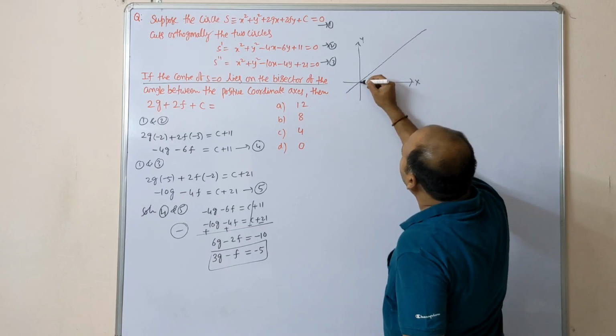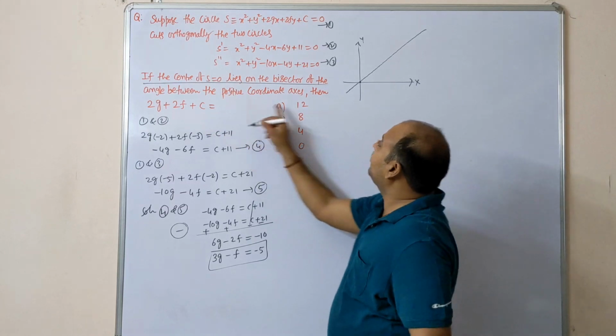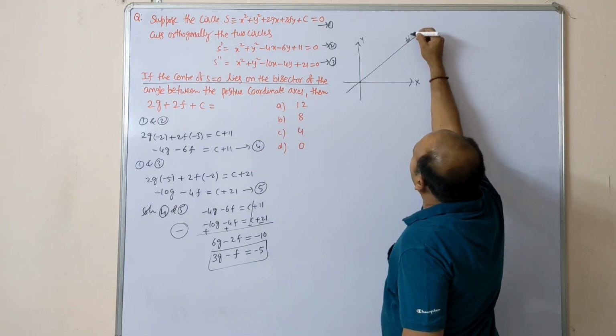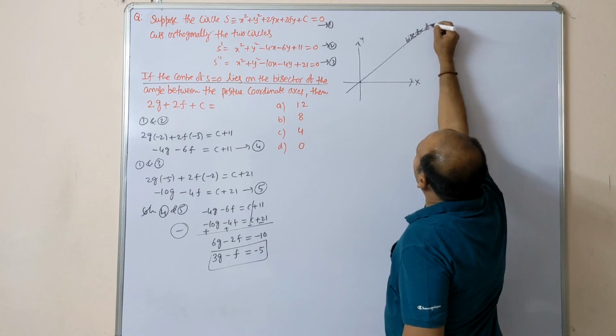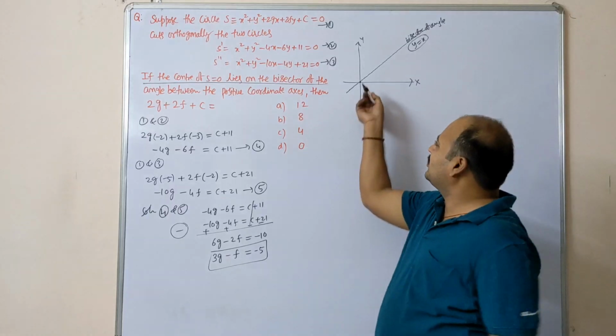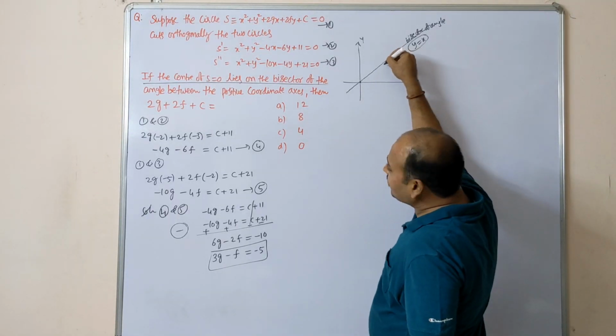This is the bisector of the angle between the two. Bisector of the angle means the line y = x, which passes through the origin obviously. y = x means the center lies on this. Whenever the center lies on this,